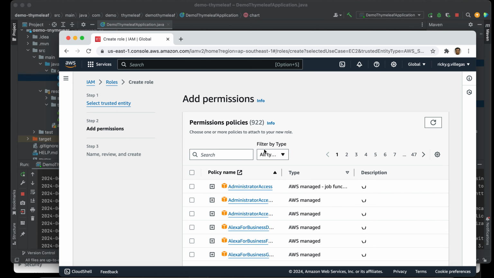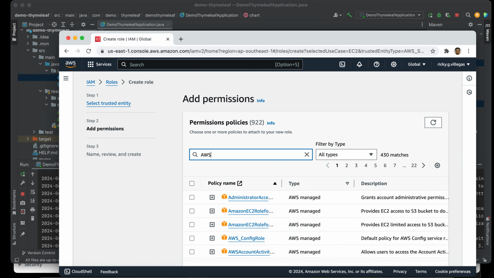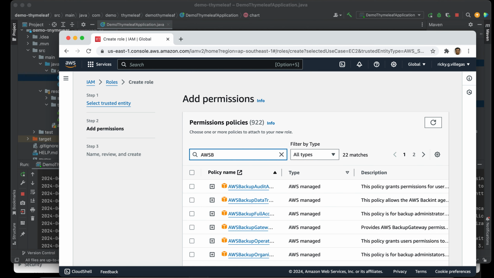Then for this EC2 role, we basically need three permissions only, for AWS Elastic Beanstalk.